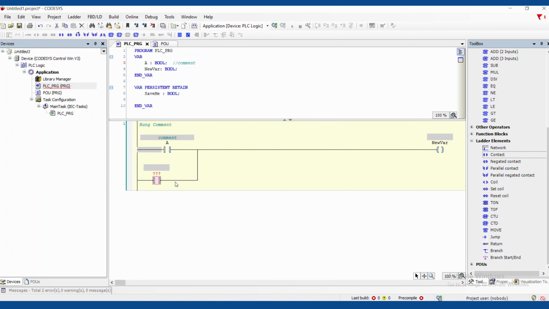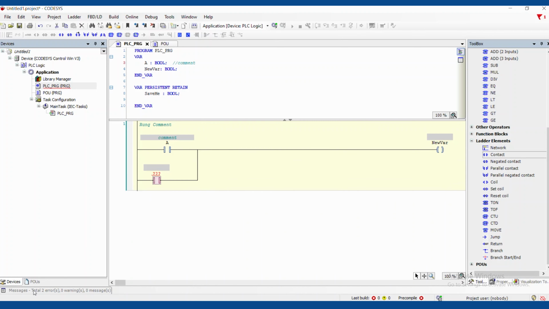Or I can go back below. Can click and drag and put it after here. It'll get rid of that branch entirely. Codesys won't let you have a branch that has nothing on it, so the branch disappears. By the way, I don't know if you can tell, every time I move this